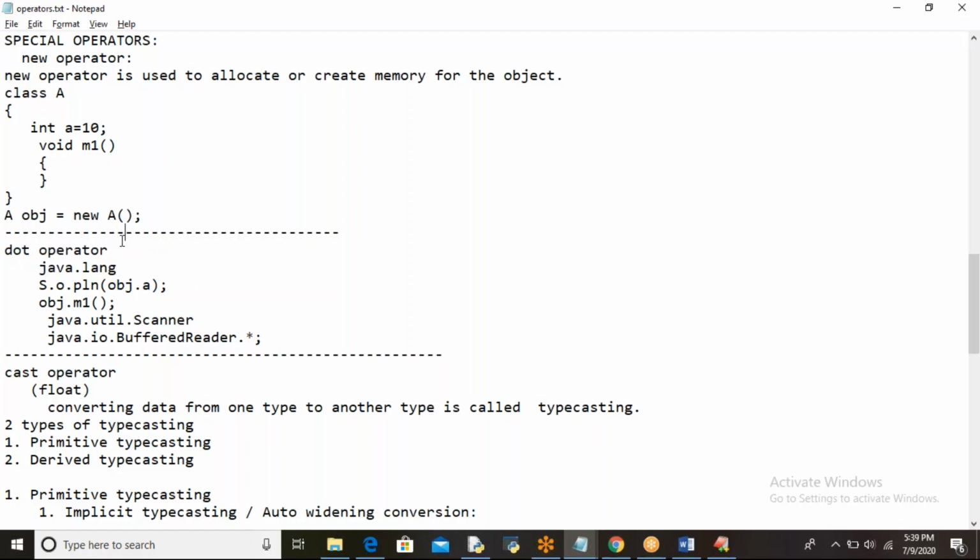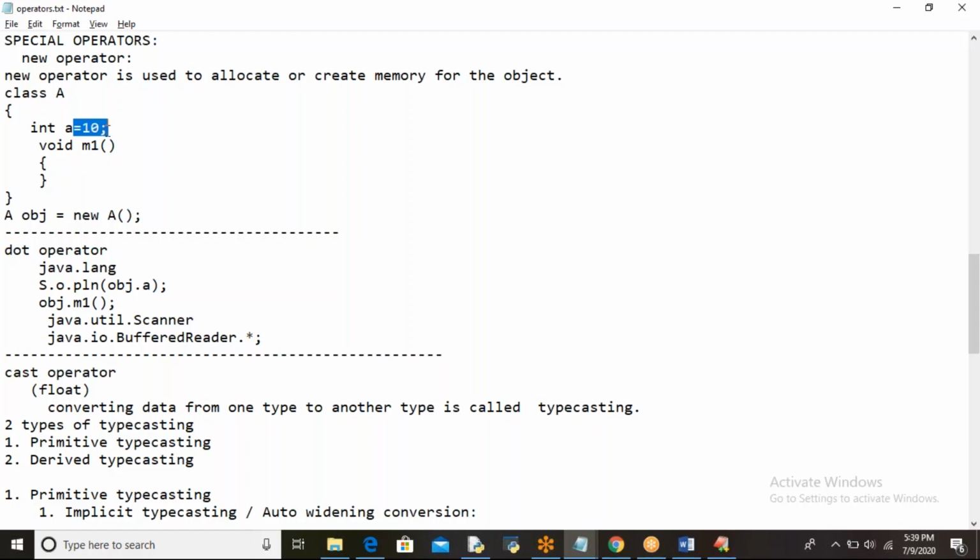And you know the dot operator. To refer to a variable using an object, or a method using an object, or a particular class in a package, or a particular method in a particular class, you are going to use the dot operator. Java is a library, lang is a package. How can you separate? You are using the dot operator.